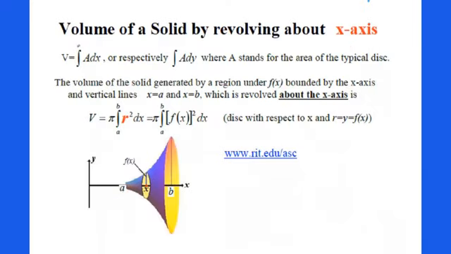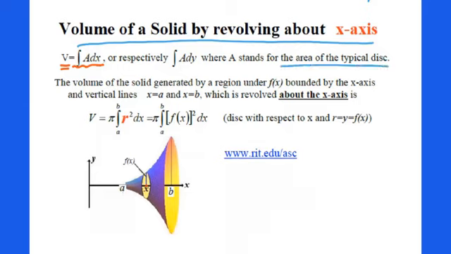Volume of a solid by revolving about x-axis. We use this formula to figure out the volume. A stands for the area of the typical disk. The volume of the solid generated by a region under f of x bounded by the x-axis and the vertical lines x equals a and x equals b, which is revolved about the x-axis is